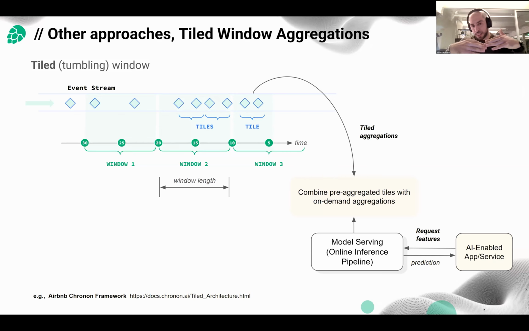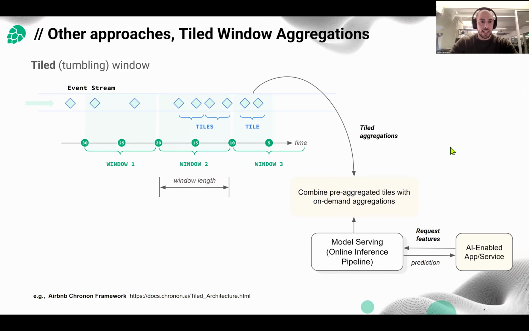You combine both, basically the tile aggregation with the result of the on-demand transformations, and then you get a bit closer to real time than if you just use tumbling windows, because you are basically adding these tile aggregations to